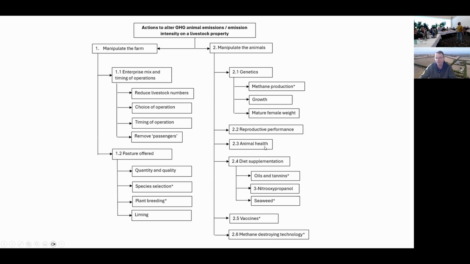Reproductive performance, we can tick off on. Animal health, we can tick off on. Parking this one for a bit at the moment, because that's where everybody thinks is the silver bullet, but it's really not. And I just need to know about those things. So I think there's more than enough in here for us to at least start a conversation. What can we do of lowering emissions without necessarily having to go into some of the magic potions and stuff like that we don't know much about.